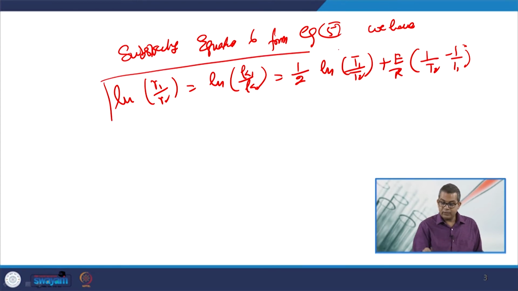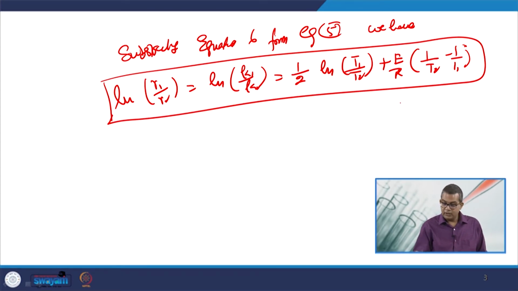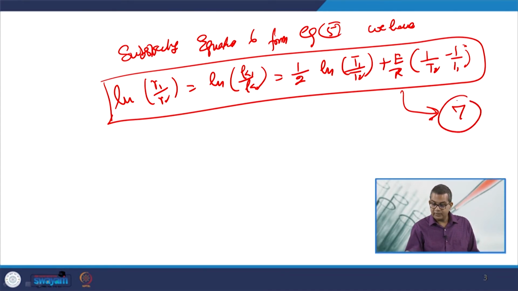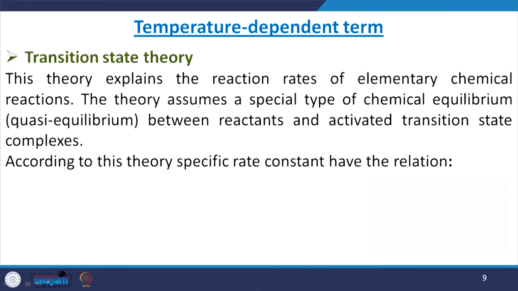Now this is again a generalized equation, and you may refer to it as equation number 7. So in this way you can see how the rate constant or the rate of a reaction depends on the temperature factor. Now another theory, put forward to explain the temperature dependency,